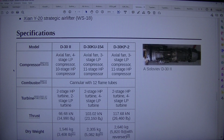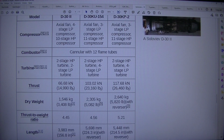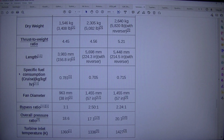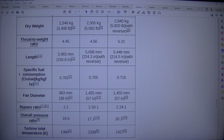Specifications for the Soloviev D-30 models: D-30KU, D-30KU-154, D-30KP2. Compressor: axial fan, 4-stage LP compressor, 10-stage HP compressor; axial fan, 3-stage LP compressor, 11-stage HP compressor; axial fan, 3-stage LP compressor, 11-stage HP compressor. Combustor: cannular with 12 flame tubes. Turbine: 2-stage HP turbine, 2-stage LP turbine; 2-stage HP turbine, 4-stage LP turbine; 2-stage HP turbine, 4-stage LP turbine. Thrust: 66.68 kN, 14,990 lbf; 103.02 kN, 23,160 lbf; 117.68 kN, 26,460 lbf. Dry weight: 1,546 kg, 3,408 pounds;